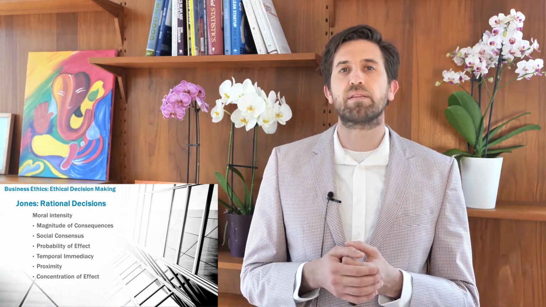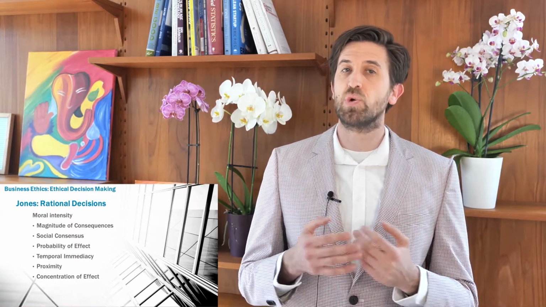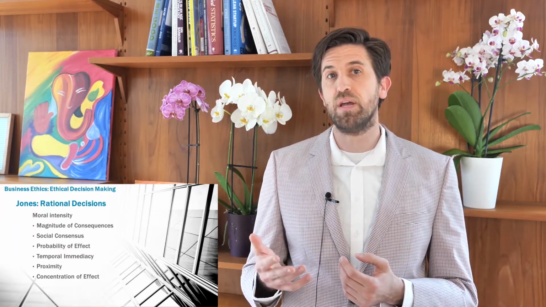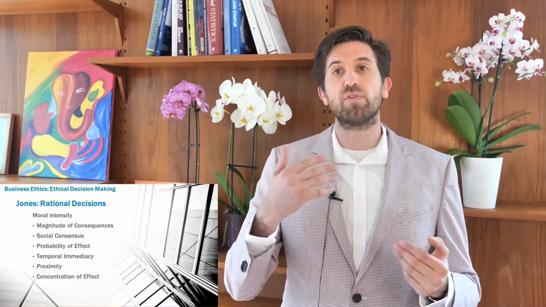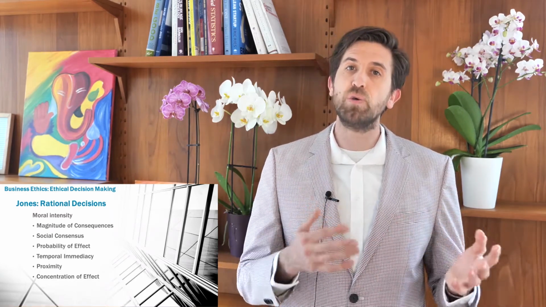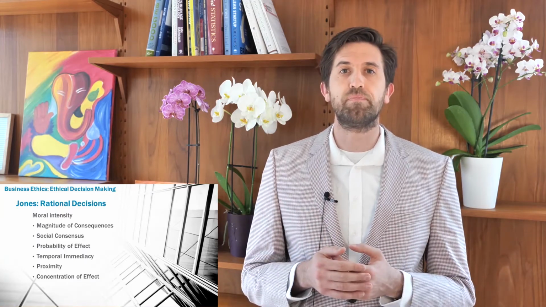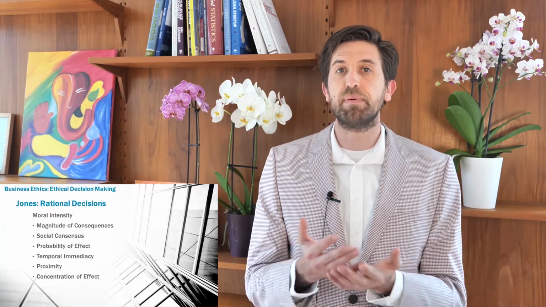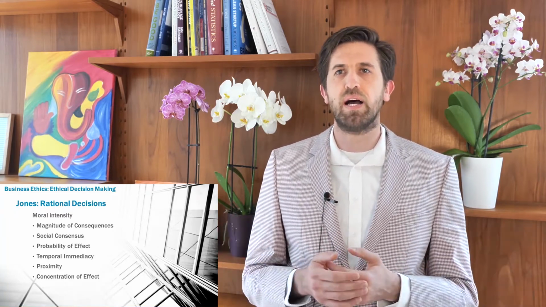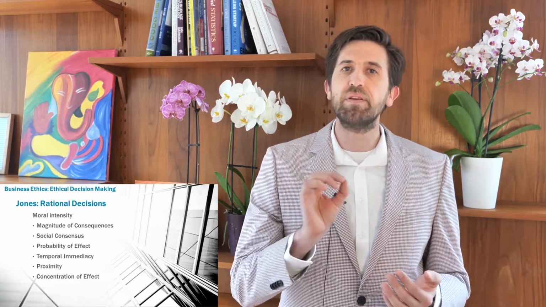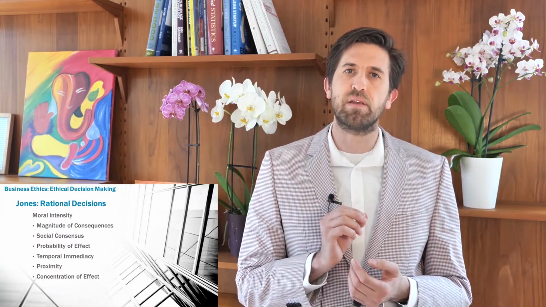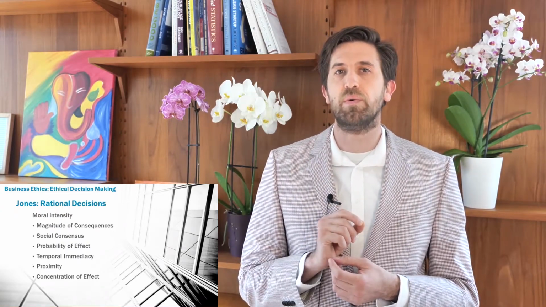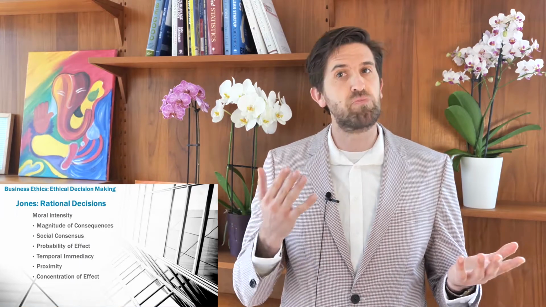The next aspect of moral intensity is social consensus. Jones defined social consensus of the moral issue as the degree of social agreement that a proposed act is evil or good. Imagine you drive on a highway in Canada. The speed limit on the QEW is 100 kilometers an hour. If every car were to drive 100 kilometers an hour, or at least not exceed 100 kilometers an hour, the social consensus would be not to speed.